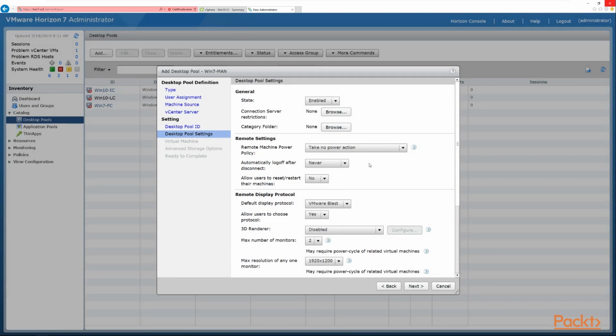And now we have our remote power settings. So remote power policy, so we can take no power action. We can ensure that machines are always powered on. We can suspend or we can power off. Then, what to do when a user disconnects. So do we want to automatically log them off when they disconnect? We can say never. Do we want to automatically log them off after a particular time, or do we want